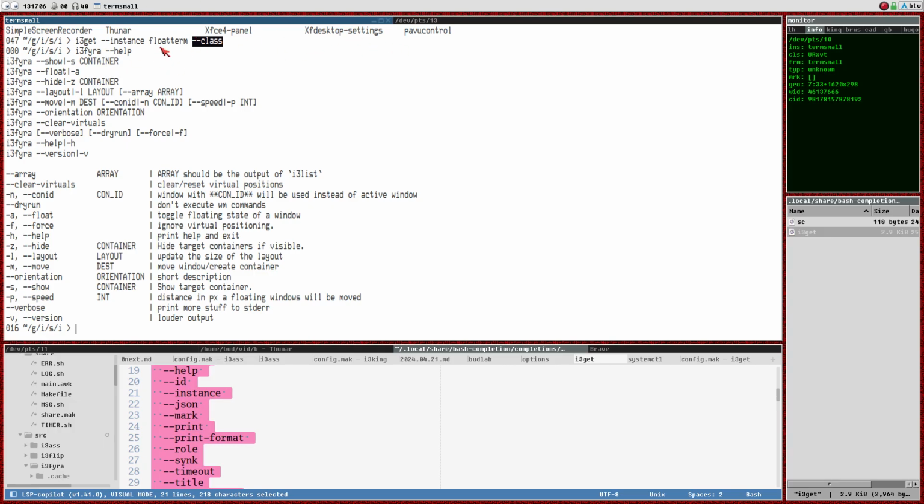But with i3-msg there are lots of exclusive options, like show and hide should never be on the same command line. So here it almost gets important not to autocomplete into invalid options and stuff like that,